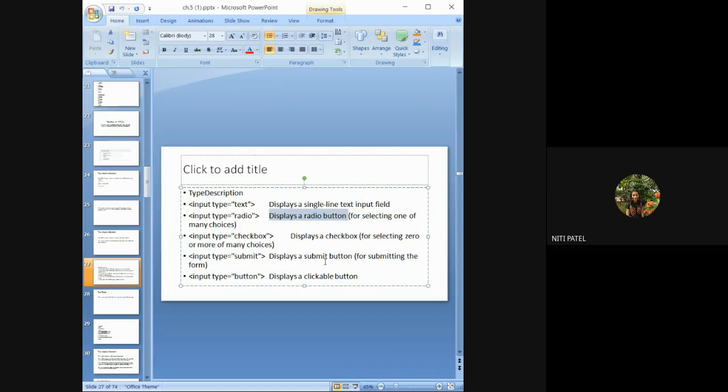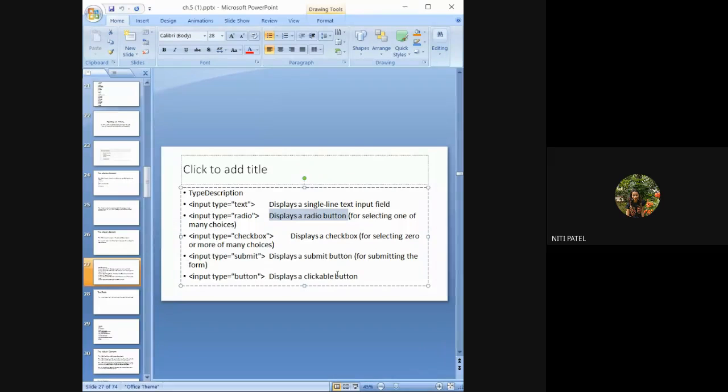Most of us, every one of us has given a quiz of physics, maybe of maths and ICT also. So in those MCQ questions, you have a radio button in the options. That means even if there are 4 options, you can select only one. So that is what is called a radio button, where you have many options, but you can select only one. But when you have many options and you can select many of them, we call it a checkbox. That is the difference. Okay, so what is a radio button? Selecting only one out of many choices. And what is a checkbox? Selecting more than one from many choices.